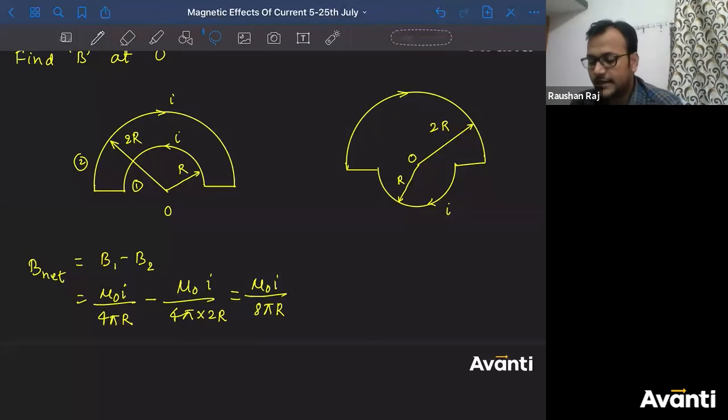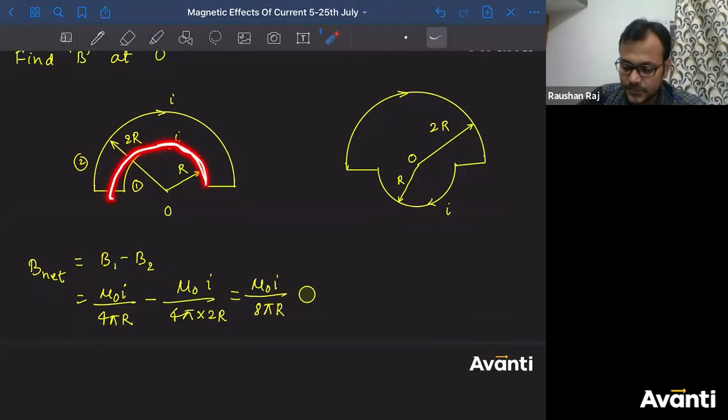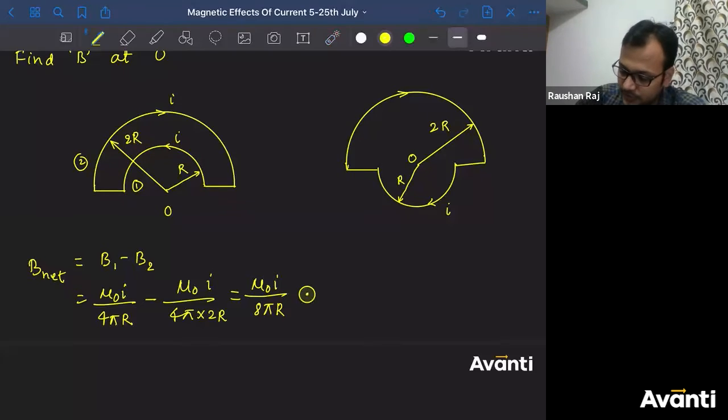Okay, children? Tell me the answer for the second case. This one. What is the answer for this question? Magnitude is the same. Are you sure? Ritesh, think properly. Will the magnitude remain the same? Okay. Here, what is the direction? Whose magnitude is more? The magnitude of this is greater. So the direction because of this is out. So it will be out of the plane. Okay? Very good. Keep it up.